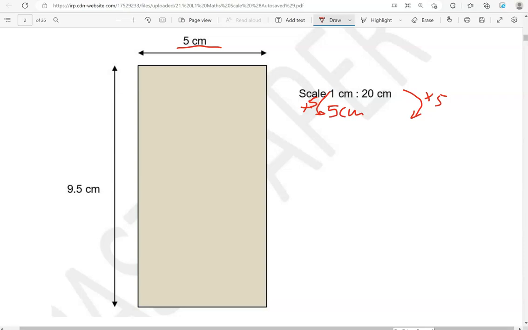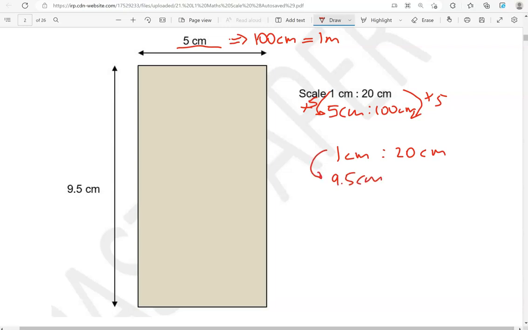20 times 5, what is that? 2 times 5, that is 10. Add in the 0, that gives us 100 centimeters. So, in reality, this is 100 centimeters, which is also 1 meter. Now let's look at the height. So using the same scale, 1 centimeter to 20 centimeters, this is 9.5